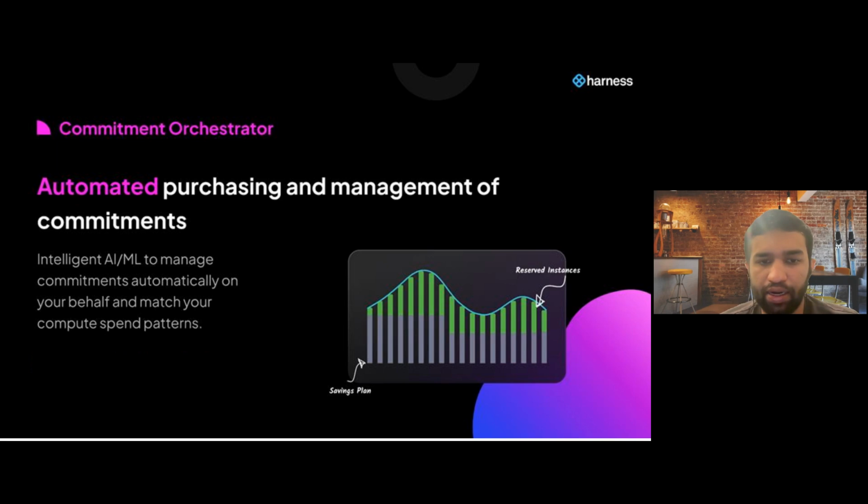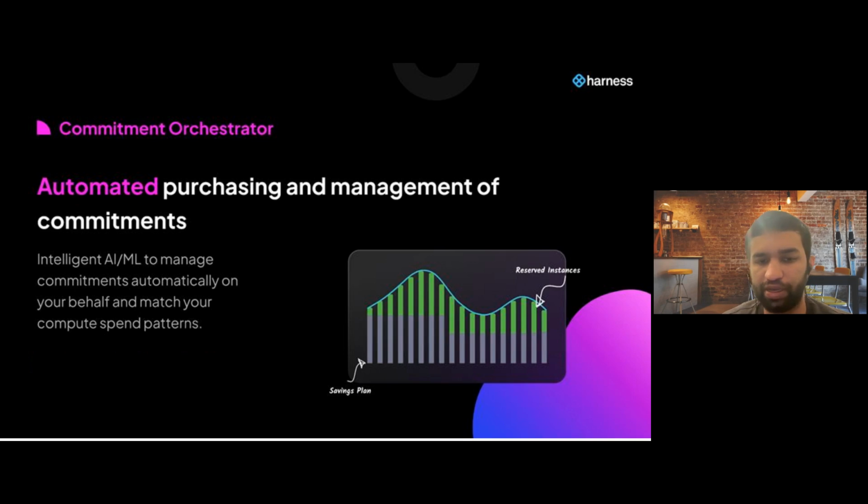And then it can make sure that any stable usage is handled by reserved instances, which are more specific at the instance type level, since these are consumed as a specific instance type or specific to an operating system and so on. You want these for specific or reliable workloads. That way, if there is a trend of instance types which have stable usage, we make sure reserved instances are applied to those, and to other types of instances which go up and down, which are only alive for certain times,